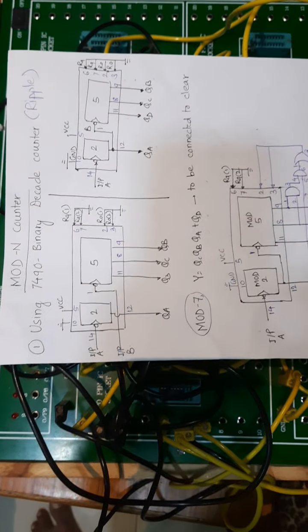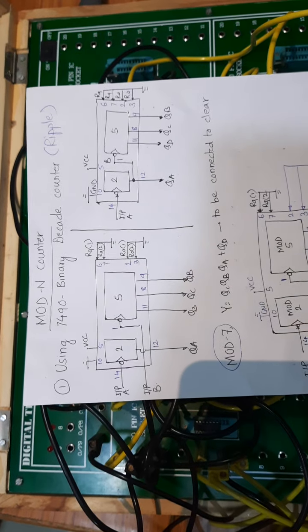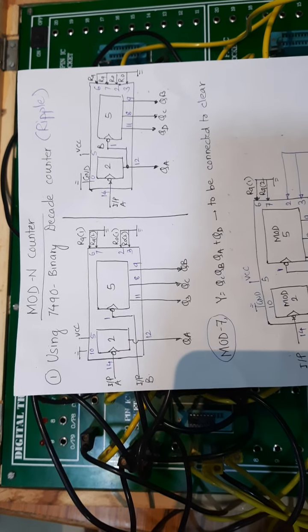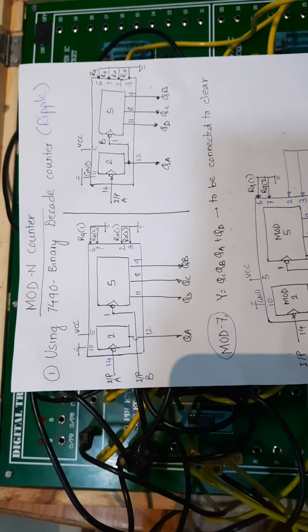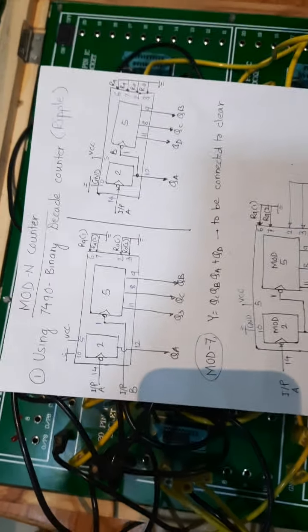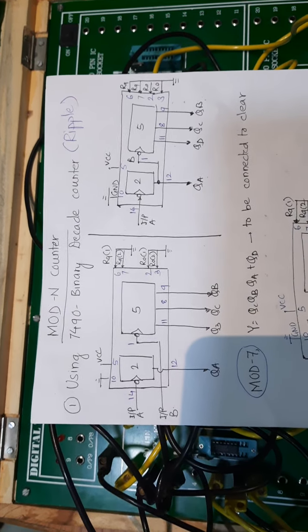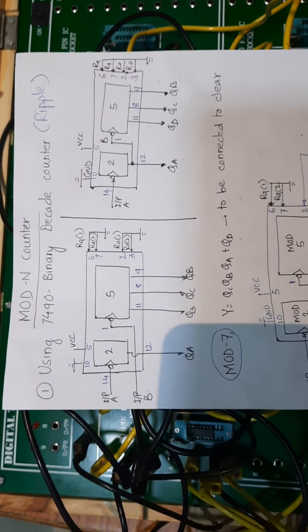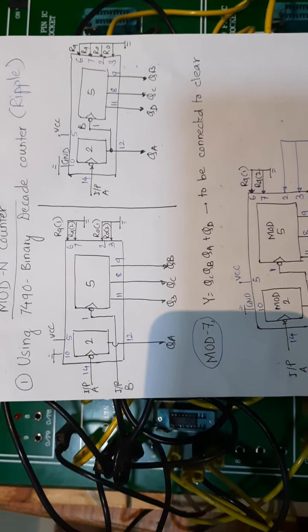Today we'll design mod n counters. Till now we have designed synchronous and asynchronous counters. Whatever number of flip-flops we use, based on that the full capacity of count is generated. That is, if three bits are there, 0 to 7 entirely. But we can select the limit, or the number of states, in the counter.